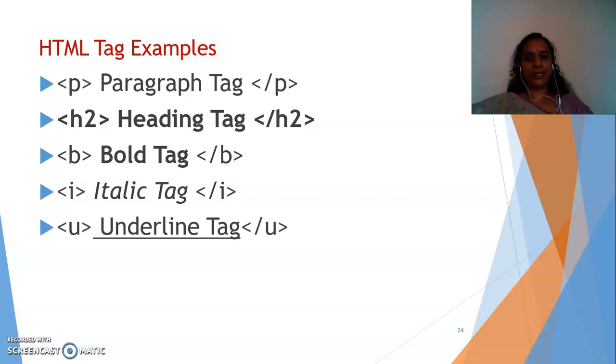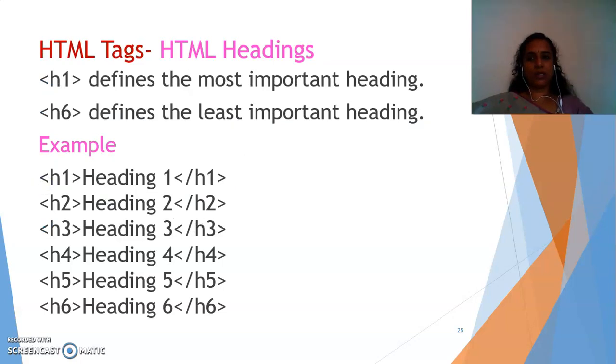Then there is one heading tag, that is the H2 tag. Then there is one bold tag, which will give you bold text. Then there is one italic tag, I, and one underline tag, U. All these give special effects. Usually for font sizes, there are some predefined sizes in HTML called heading 1, heading 2, heading 3, and so on till 6. These are defined by their own tag names. The tag name itself is H1, so whatever you write within the H1 tags will be printed in that size. Similarly H2 tag, similarly H6.